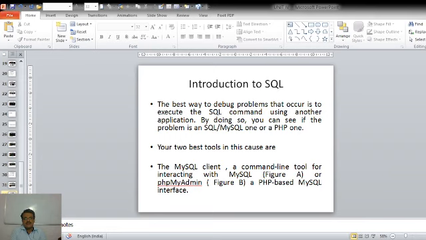To do this, we have two best tools available. The MySQL client, a command line tool for interacting with the MySQL database, is shown in figure A in the next slide. Or phpMyAdmin, a PHP based MySQL interface, shown in the next slide.